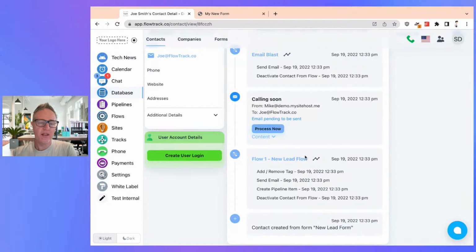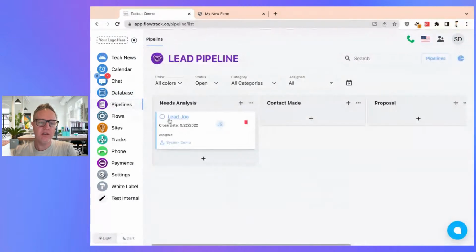Right? That is it. And so now let's go into the pipeline. Now I see my lead in the pipeline. I see that it's related to Joe Smith. I see that it's assigned to user system demo, right? That's how easy it is to create automations inside FlowTrack,